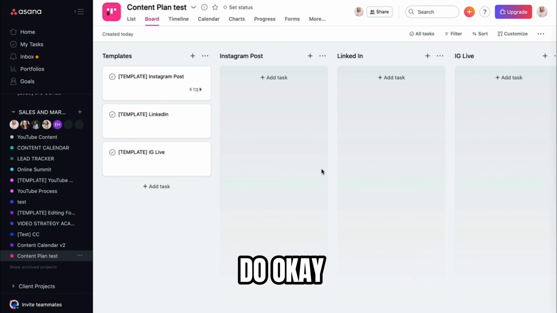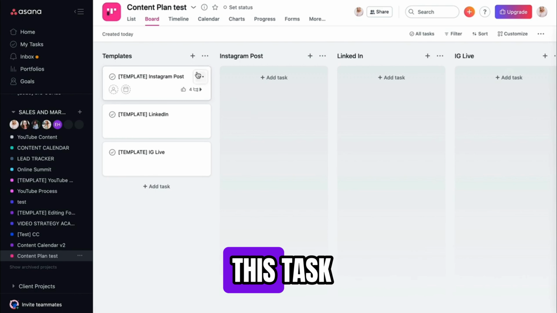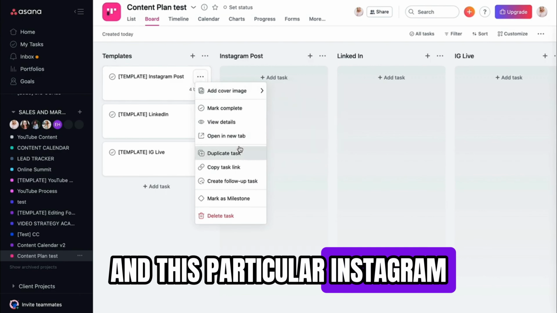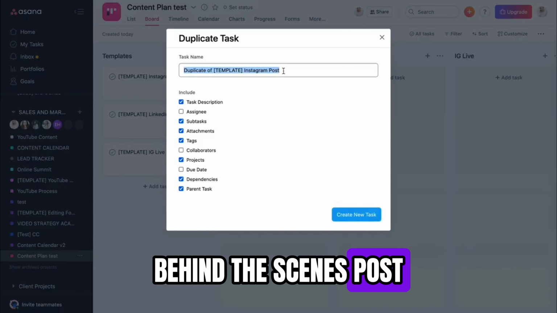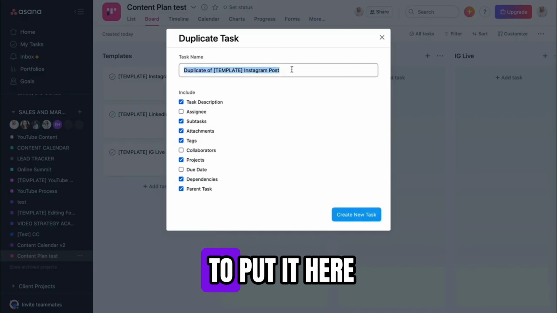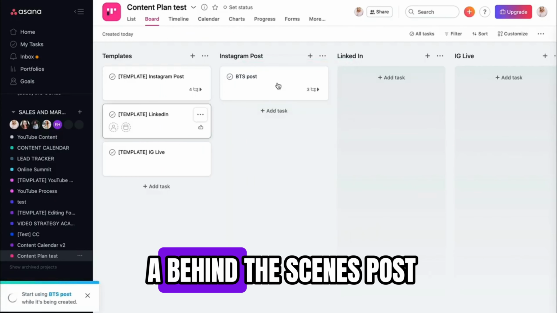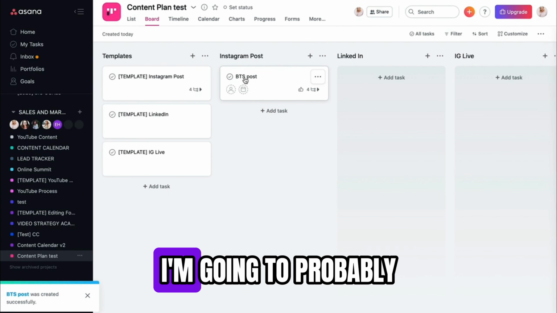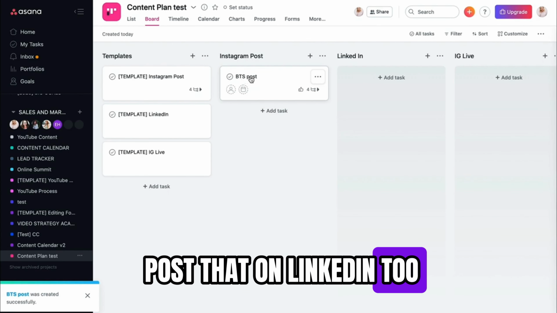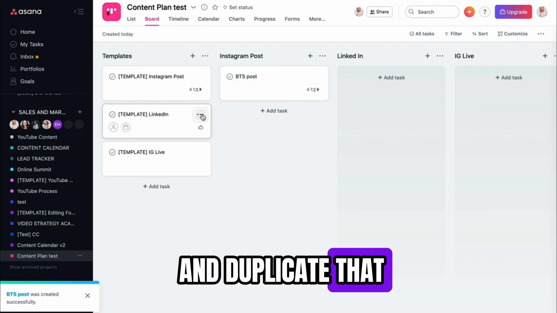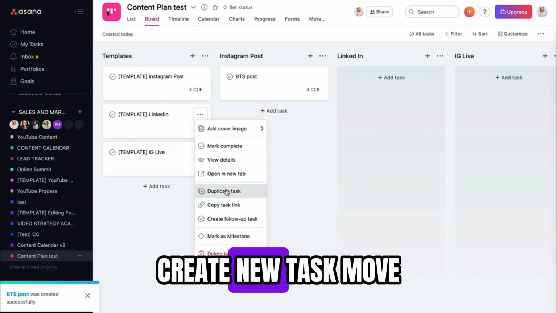Then I'm going to duplicate this task. This particular Instagram post is going to be a behind the scenes post, and I'll create a new task and put it here. I'm going to pretty much repurpose stuff. So if I've done a behind the scenes post and I'm writing that out, I'm going to probably post that on LinkedIn too. So we go ahead and duplicate that, do behind the scenes post, create new task,